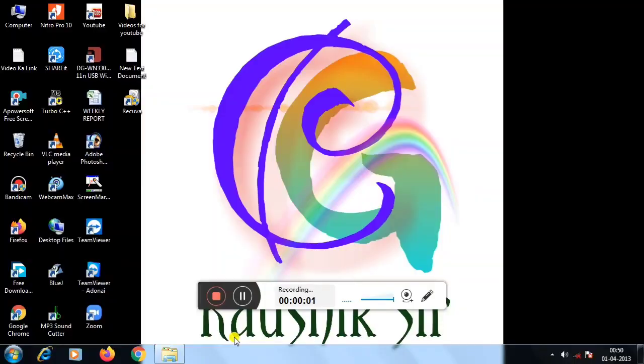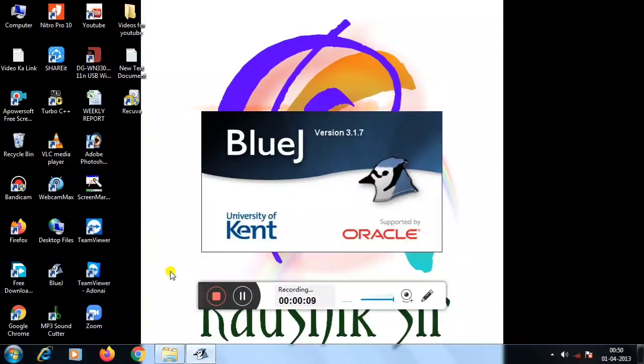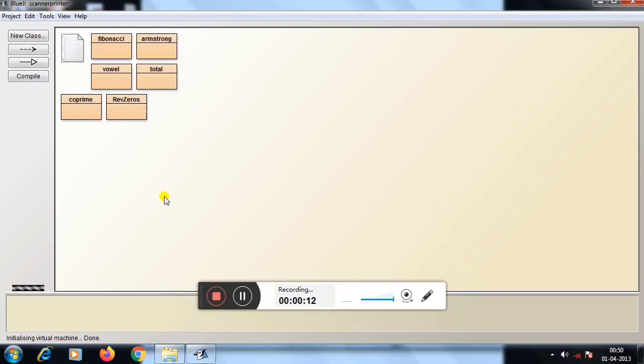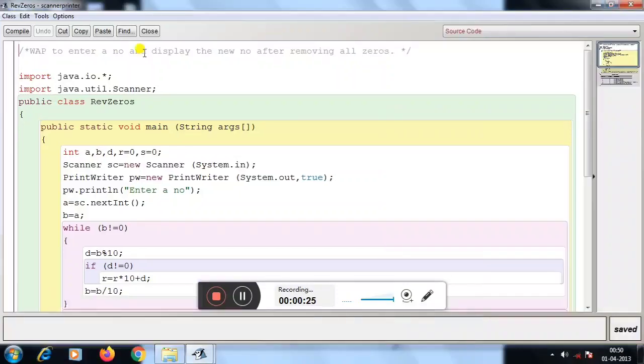Okay, this program also we will execute and see whether the output is coming or not. See, this is also I have typed, remove zeros. Double click on that.